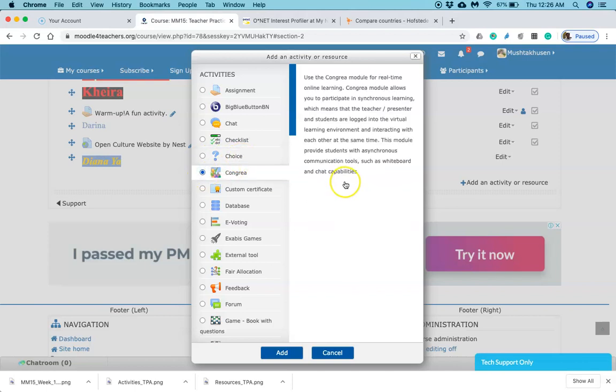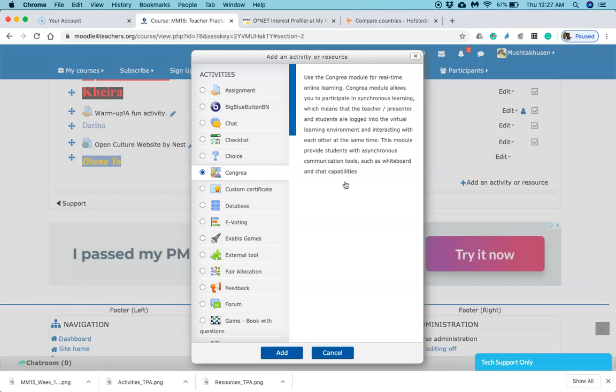Then Congrea. Now Congrea is very similar to Big Blue Button, BBB, where it allows you to participate in synchronous learning, which means that the teacher or presenter and students are logged into a virtual learning environment and interacting with each other at the same time. So again, it is an example of synchronous learning like we have discussed in Big Blue Button.